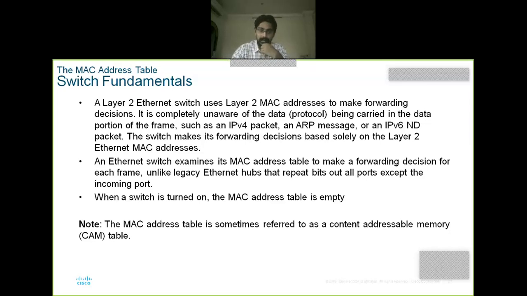Okay. So when the switch is turned on, the switch maintains this MAC address table, which is stored in a memory called content addressable memory, the CAM table, right? Whenever the switch is turned off, the CAM table becomes empty. Whenever the switch is powered on again, it again takes the connected device information and stores it in the MAC address table. Like that, the MAC address table is continuously changing, right?